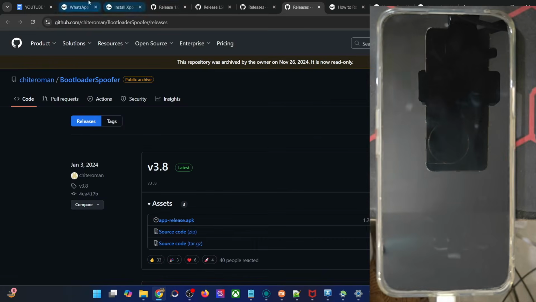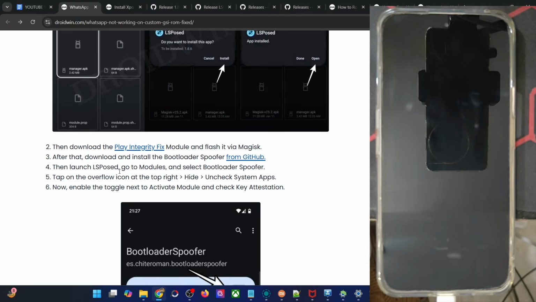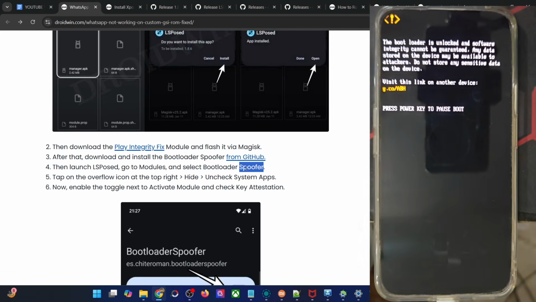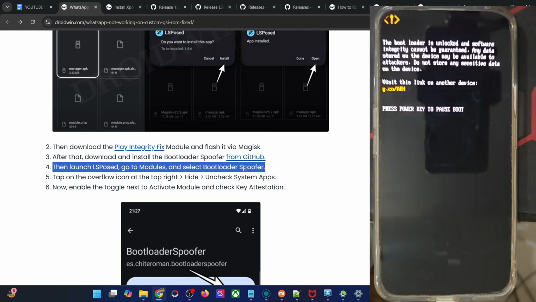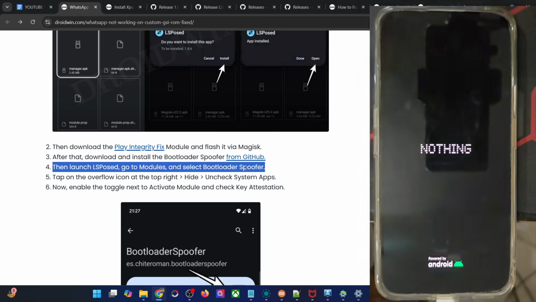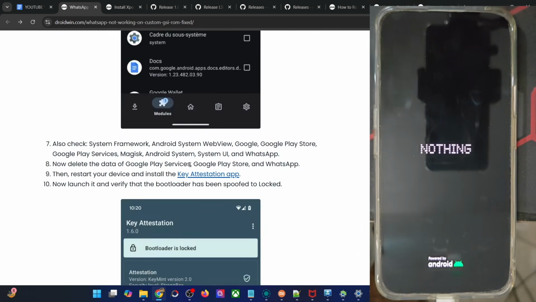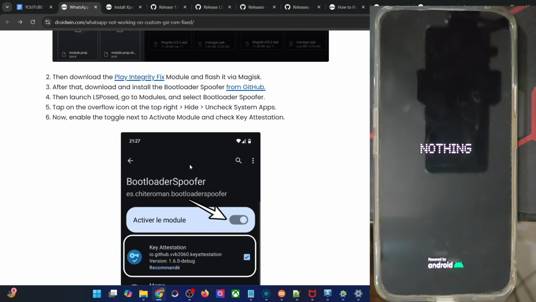And once you have flashed that, you will then have to carry out a few tasks inside the spoofer module. So let's just wait for a few more seconds, and once our phone boots to the OS, we will launch LSPosed and carry out a few tweaks in the spoofer module. So let's wait for a few more seconds, and then we will have to check mark a few apps and then get the job done. So it will just take around 4 to 5 minutes more, and then we would have achieved success as well.